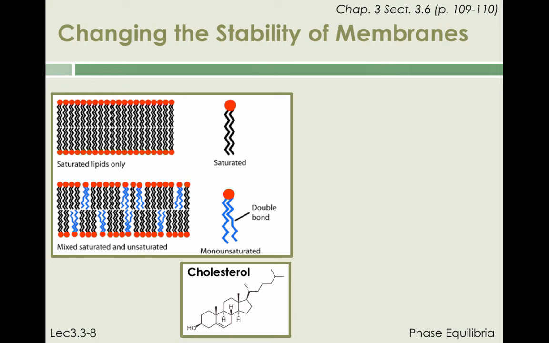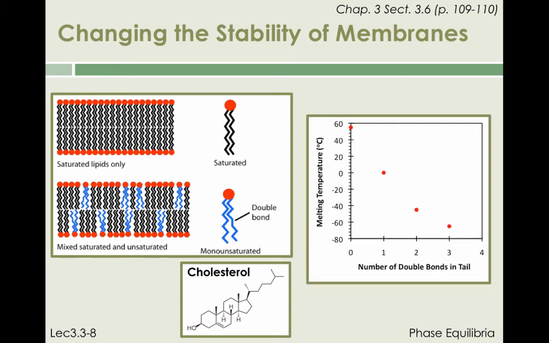These molecules disrupt the packing of saturated phospholipids, provide an increase in free space and mobility in the membrane, and allow precise control of the membrane gel to liquid crystal transition temperature. For example, as shown on the graph on the right-hand side, adding one unsaturation or double bond in a phospholipid with 19 carbon atoms leads to a decrease in the melting temperature of the phospholipid bilayer by over 50 degrees